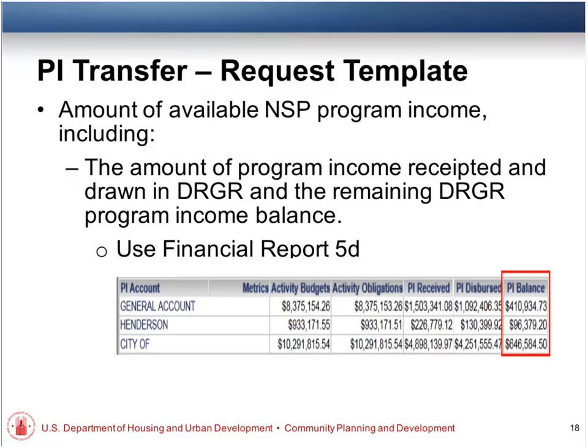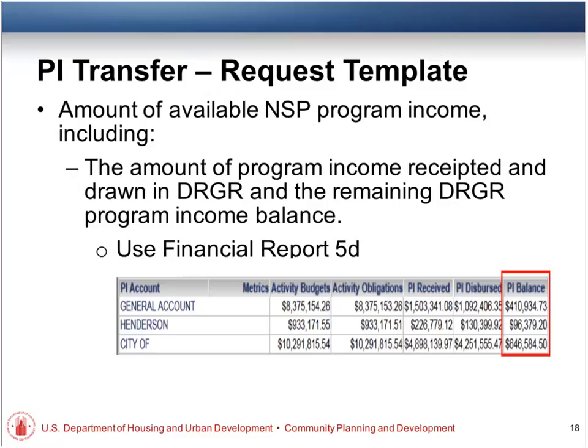Here, let me actually clarify. So here we're going through the amount of program income that you've receipted in DRGR. And a couple of slides down, we're going to tell you about program income that's not receipted in DRGR. Again, we're only covering this briefly. We have another webinar that goes more in depth into how to actually cover the details of these.